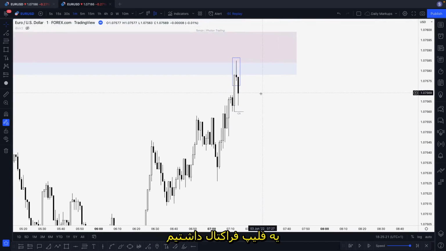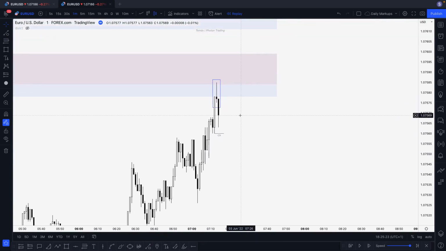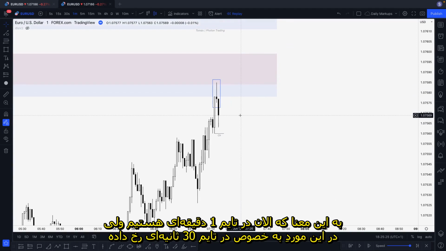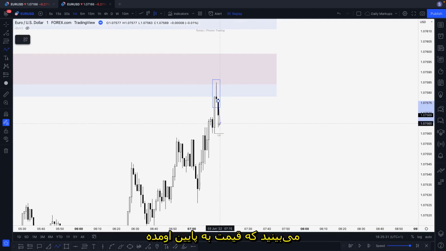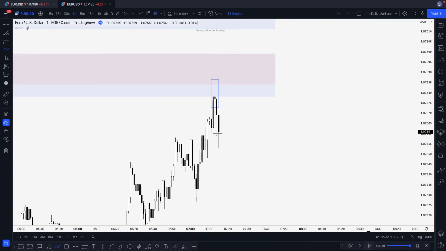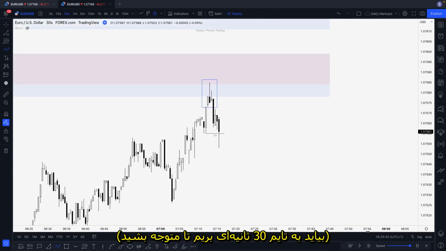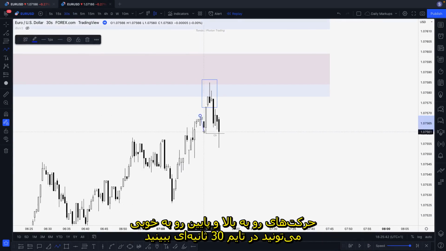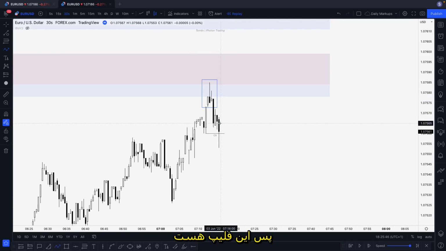Okay, so the flip here, it was a fractal flip, which means it's visible on M1, but the flip is actually happening on, in this case, the 30 seconds. So you can see that price went to the downside. You can see this wick, right? Price went down, went up, and went down again. Okay, you go to the 30 seconds just to understand. Okay, 30 seconds, you can see price push up, push down, push up, and push down. So this is the flip.